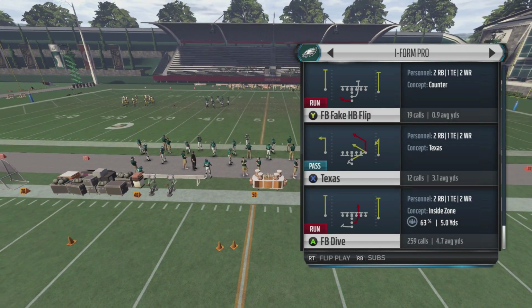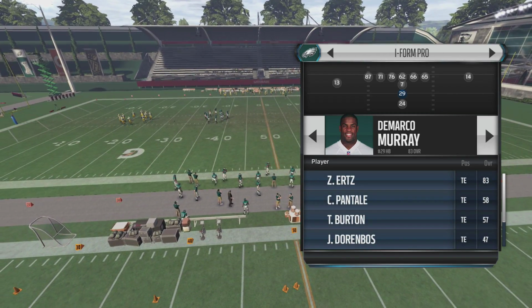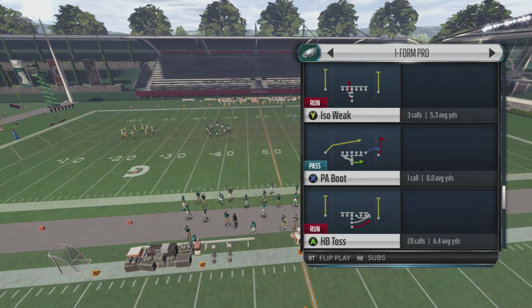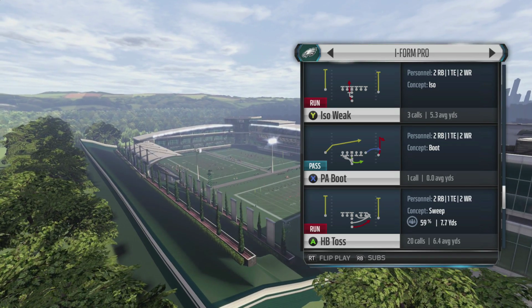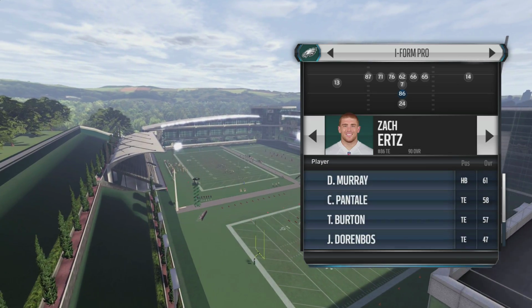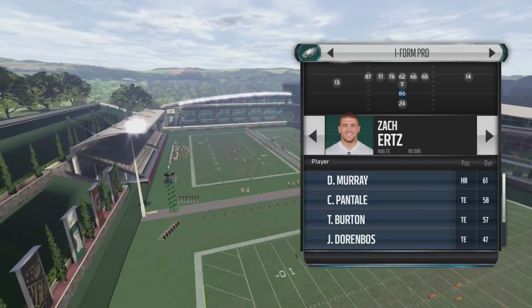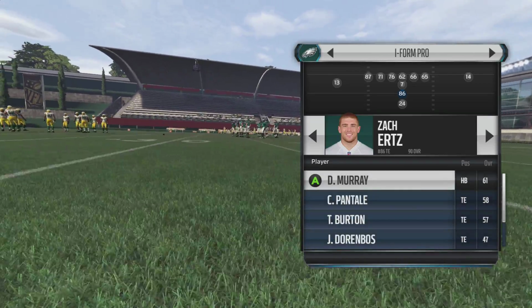With fullback dive, you're going to be able to run it obviously more effectively with DeMarco Murray. And if you want to run something like the halfback toss, you're clearly going to be running the halfback toss more effectively with a better blocker to seal the edge, so Zach Ertz would be better there. Having said that, your opponent knows this as well,